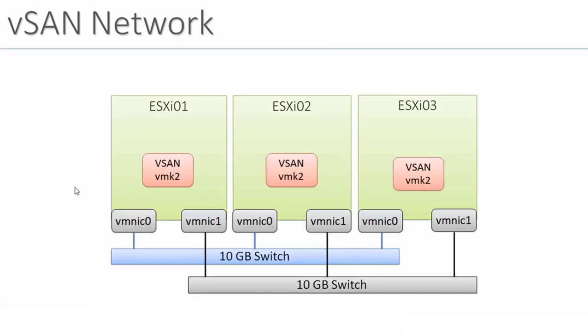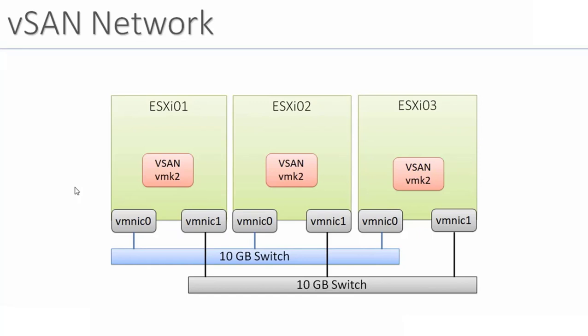Now the next very important thing is called vSAN network. What is vSAN network? In this diagram I have three servers, ESXi 01, 02 and 03, and each server has a special type of port which is called VM kernel port. What is a kernel port? A kernel port is a special type of port in an ESXi host which allows specific traffic to pass through it. For example, I configure this VM kernel port to only pass the vSAN traffic from one host to another.